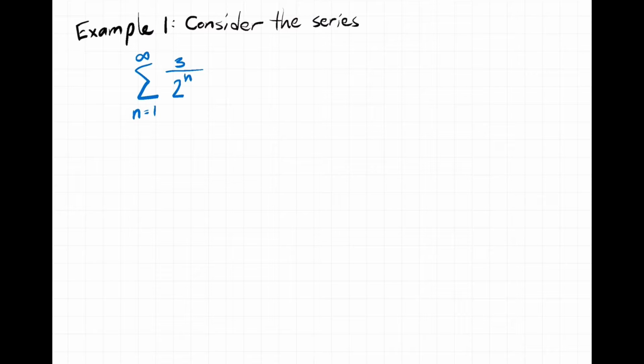Let's try writing out the first few terms. So n starts at 1. What is 3 over 2 to the 1? Well, that's just going to be 3 halves, right? Plus, the next term, when n becomes 2, we'll have 3 over 2 squared, that's 4, so 3/4. Our next term will be 3 over 2 cubed, which is 8, so 3/8, plus 3/16, plus 3/32, plus etc.,